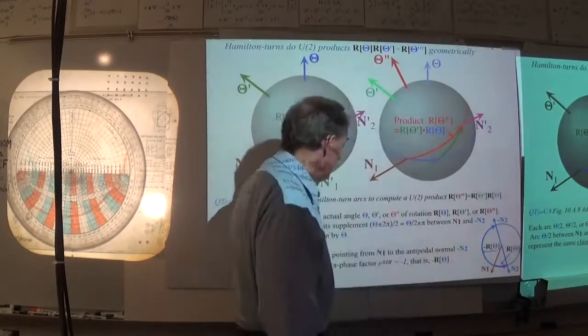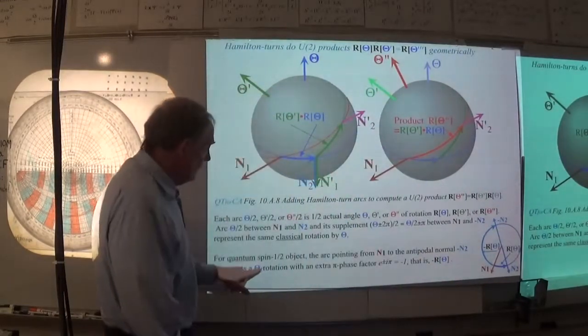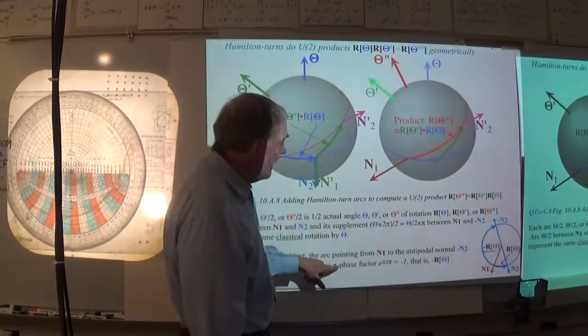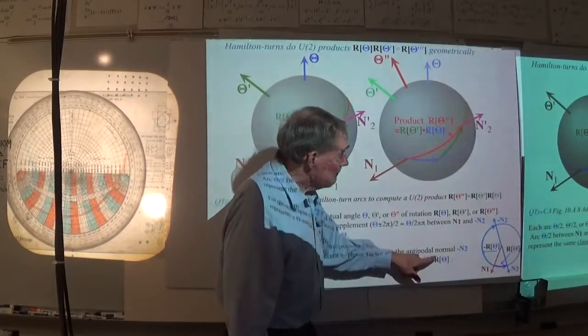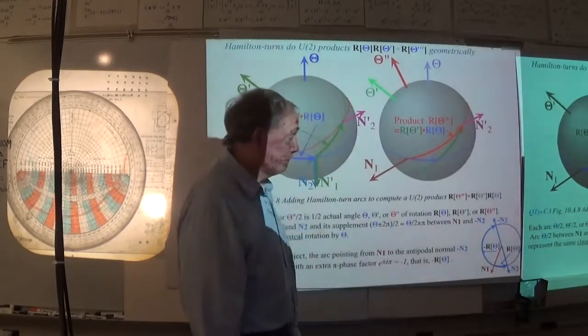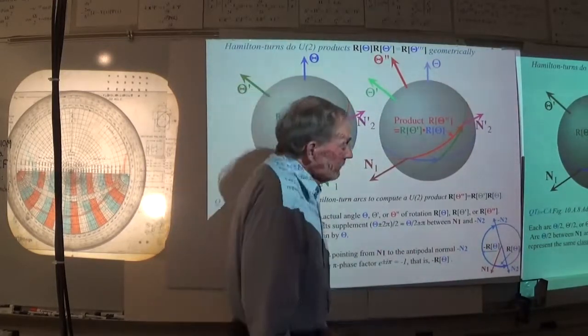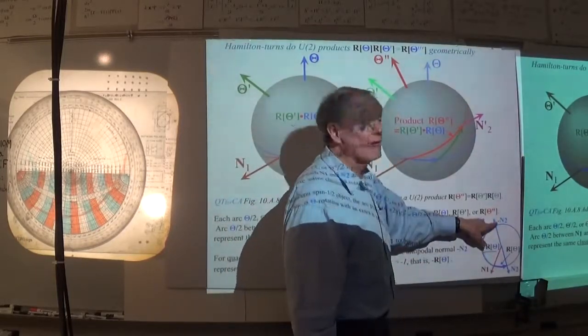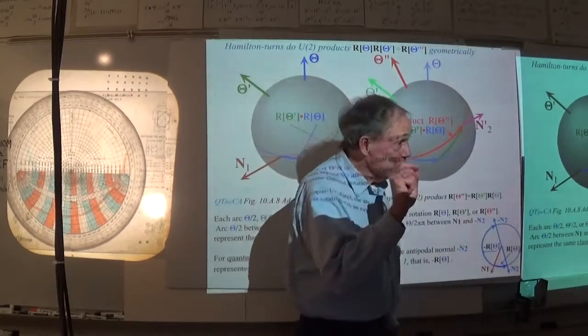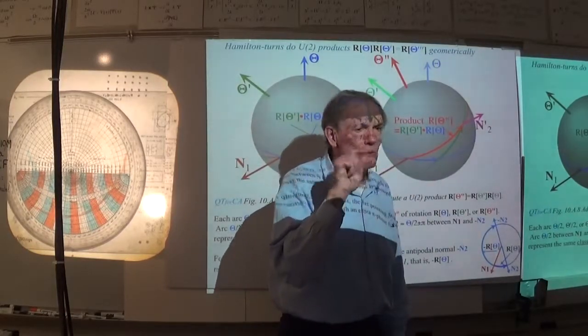So the real point here is that for a quantum spin one-half object, an arc pointing from n1 to minus n2 represents a phi rotation with an extra pi phase factor. That is, it's minus the rotation. So it's really the same rotation on the two sides of this thing. It's just that one of them really should have a minus sign if you're working with those weird things called fermions